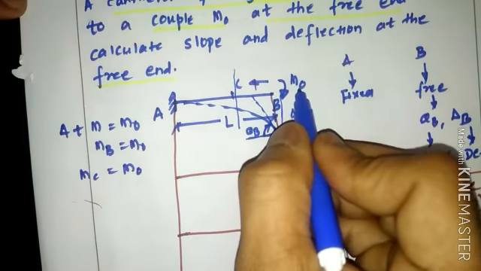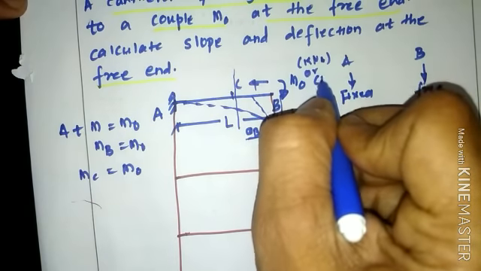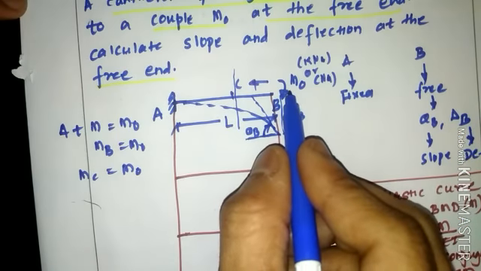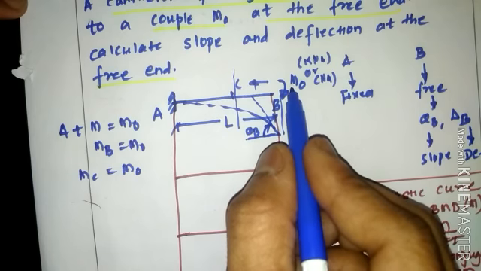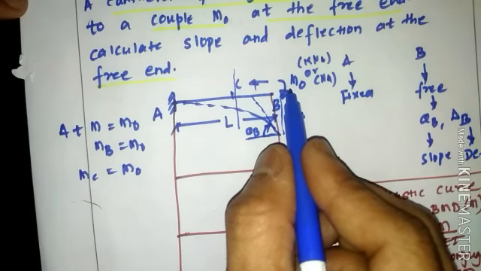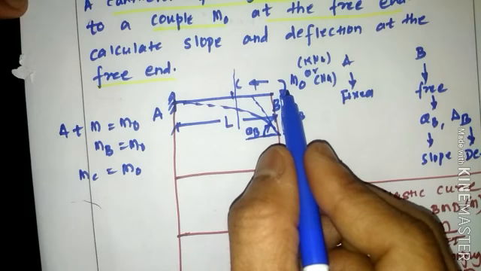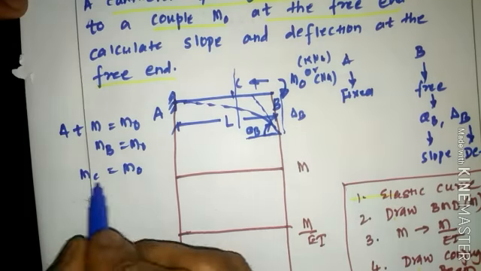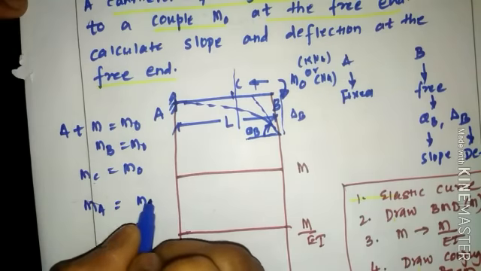Do remember, the unit of moment is either kilonewton meter or Newton meter or its multiple. So we never multiply any perpendicular distance to the couple. The value is directly taken into consideration depending upon the direction. If the direction is clockwise, we take it as positive. If the direction is anti-clockwise, we take it as negative. We never multiply any perpendicular distance such as x or L or L1 for a couple. We directly consider the magnitude of the couple. So the moment at C will be M naught. Likewise, the moment at A will again be M naught.